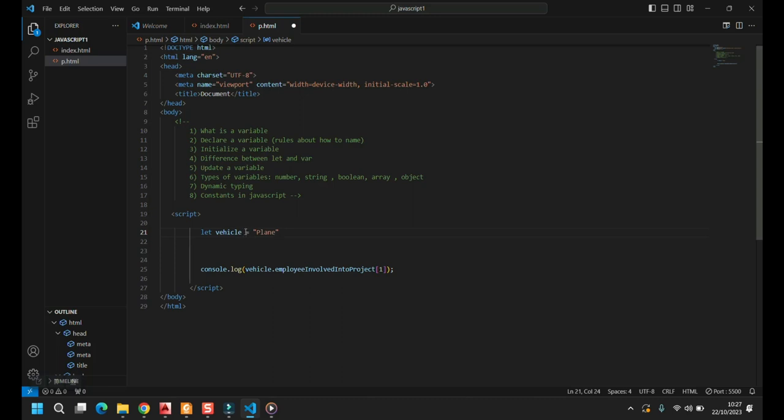We just assign it a value, and if we go to check